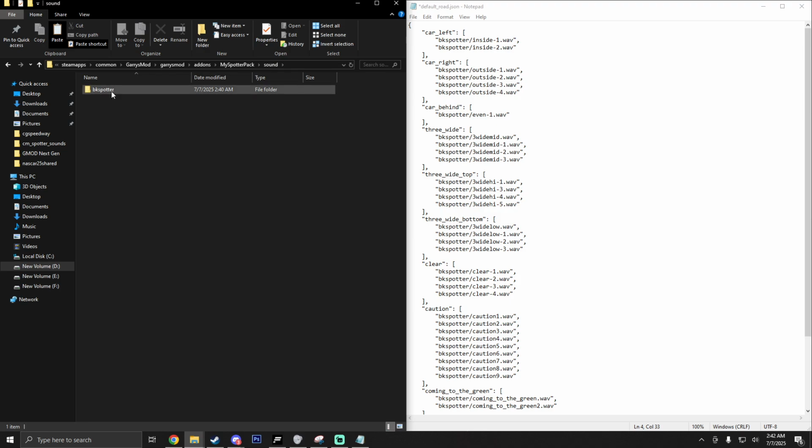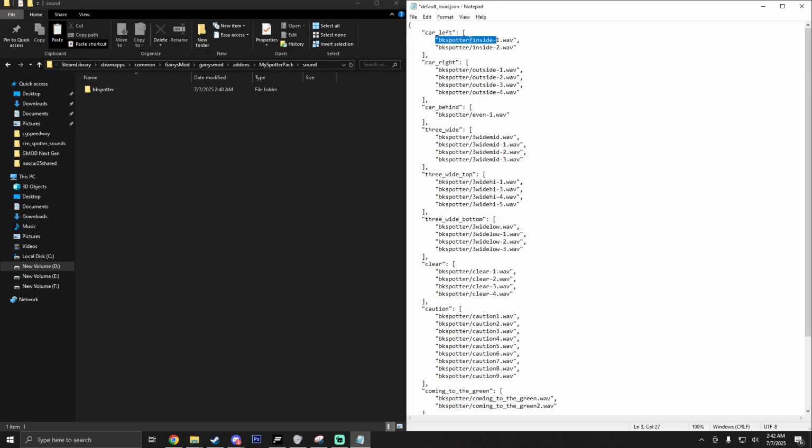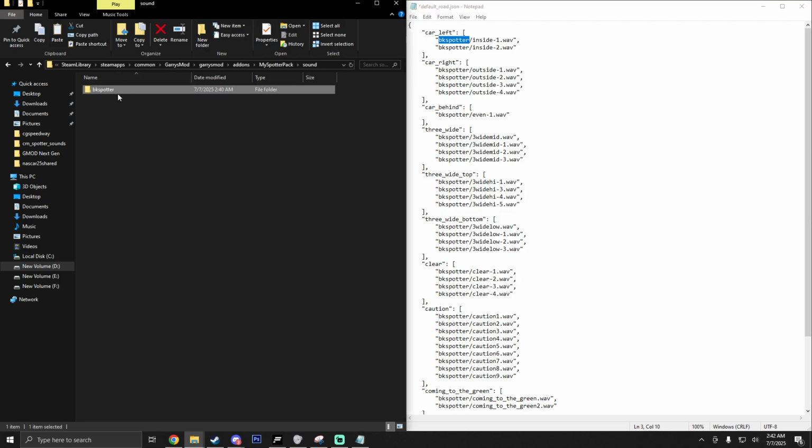Now you want to go to sound, and then make sure this part right here, BK Spotter, is the same as your file that you named it. Same name, same everything. Then you want to copy this